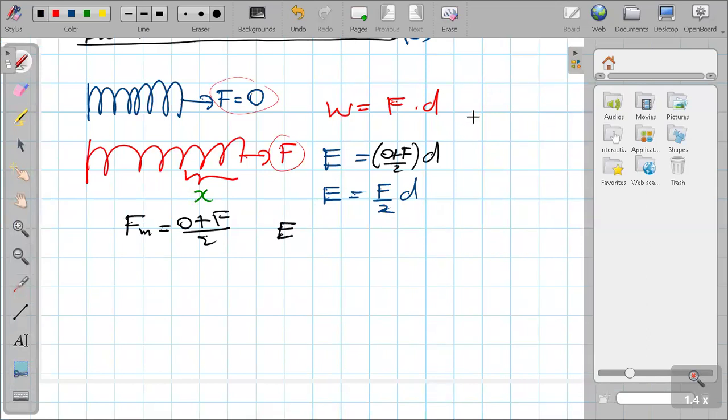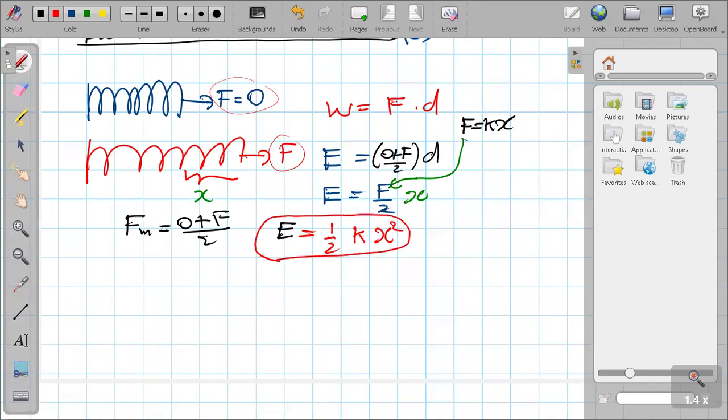And another thing we know, that is F is equal to kx. We just learned. And this displacement is also x. So once I substitute this value, you can derive the equation of half k x to the power 2. This is how you find out the elastic potential energy of a spring. It can be a compression or an extension. ඇදුනත් තෙරපුනත් එකම කතන්දරේ. හරි නේද?